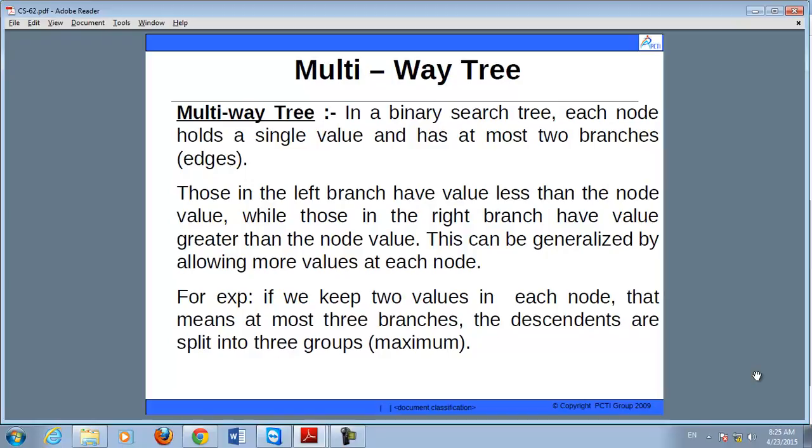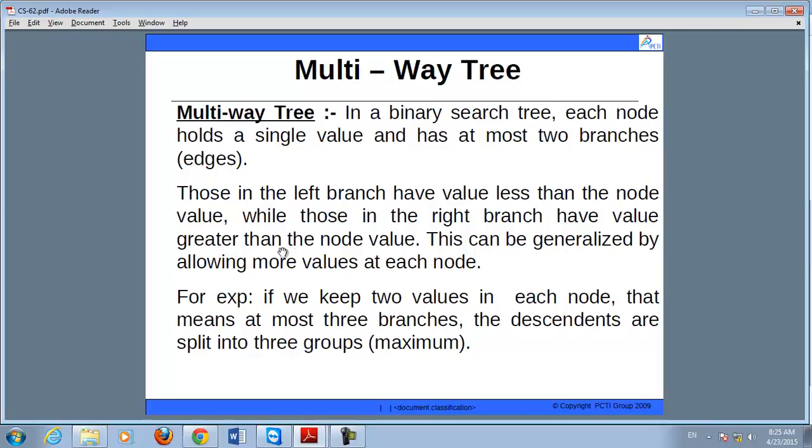If the value you want to insert is less than the node value, then this value goes to the left subtree, and if the value is greater than the node value, then it will come under the right subtree. In this way, you can see that in a binary search tree, each node holds a maximum of one value and has at most two branches, or you can say two edges.